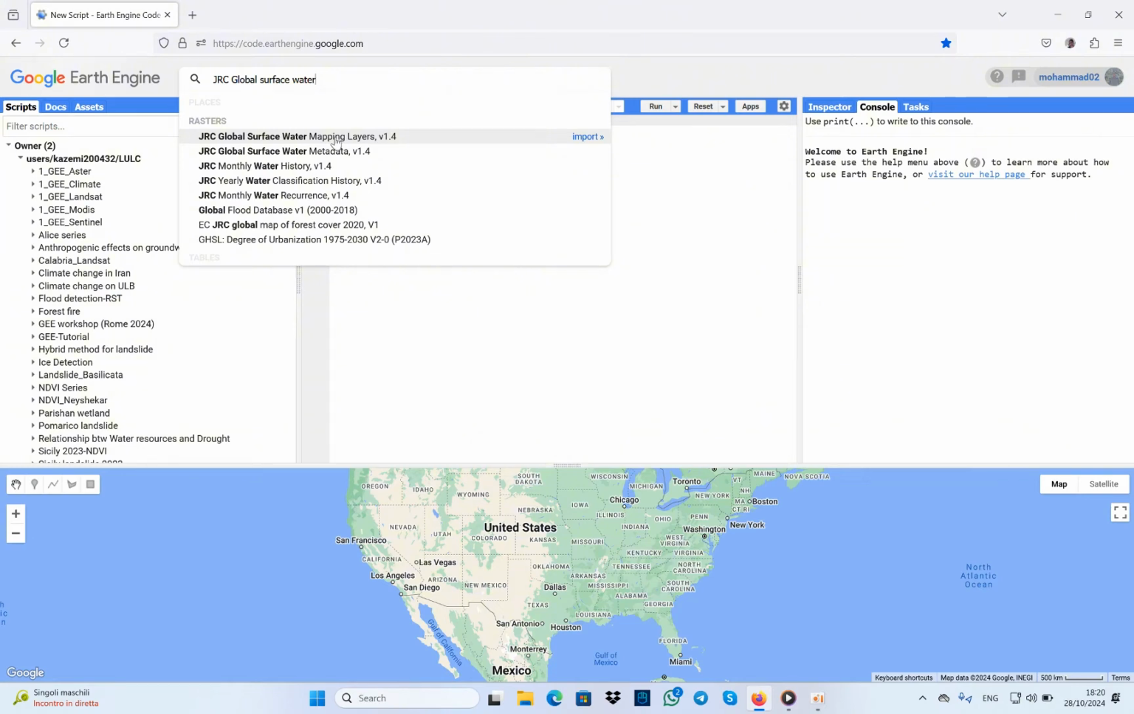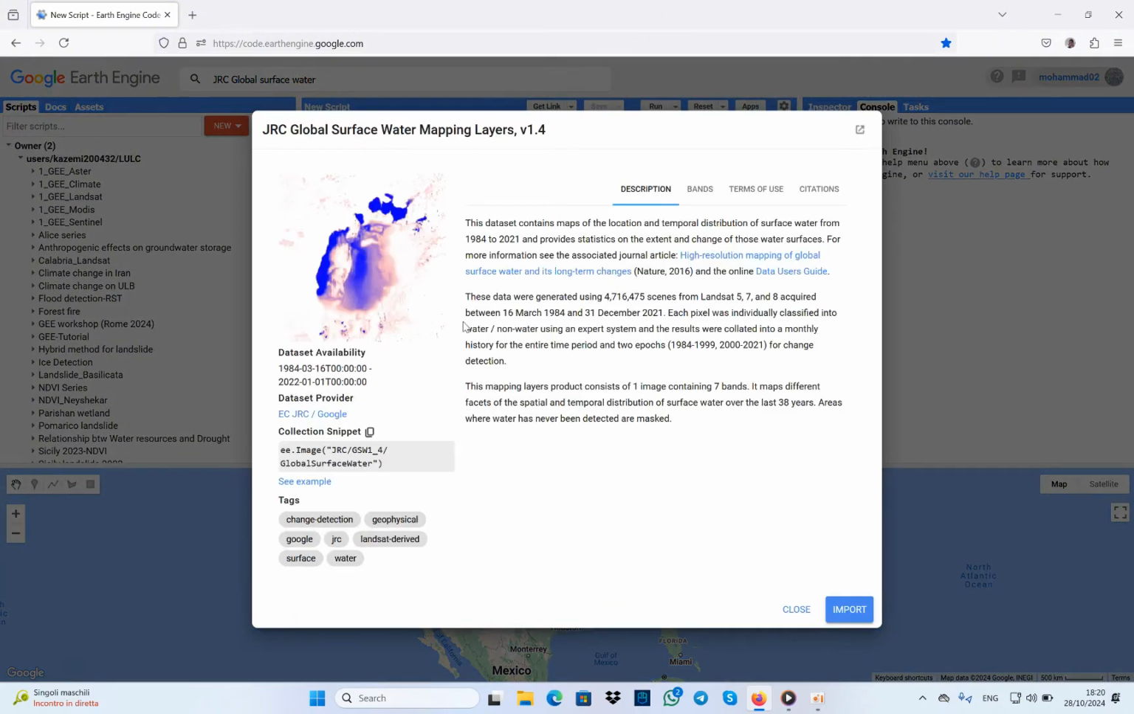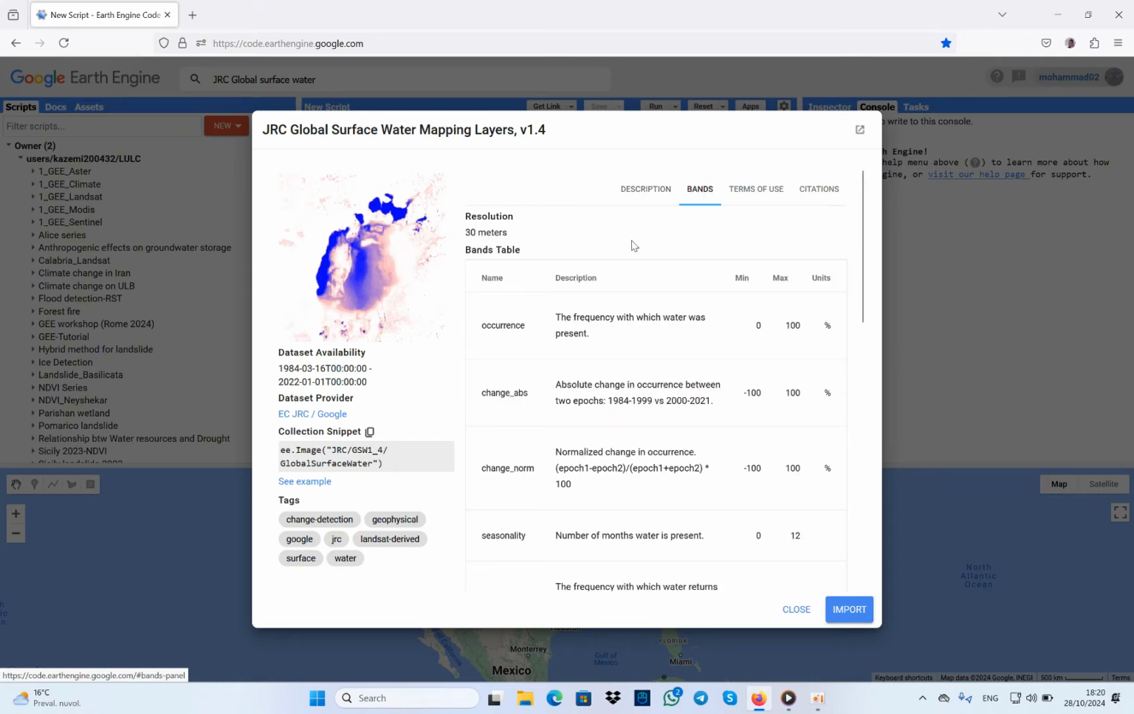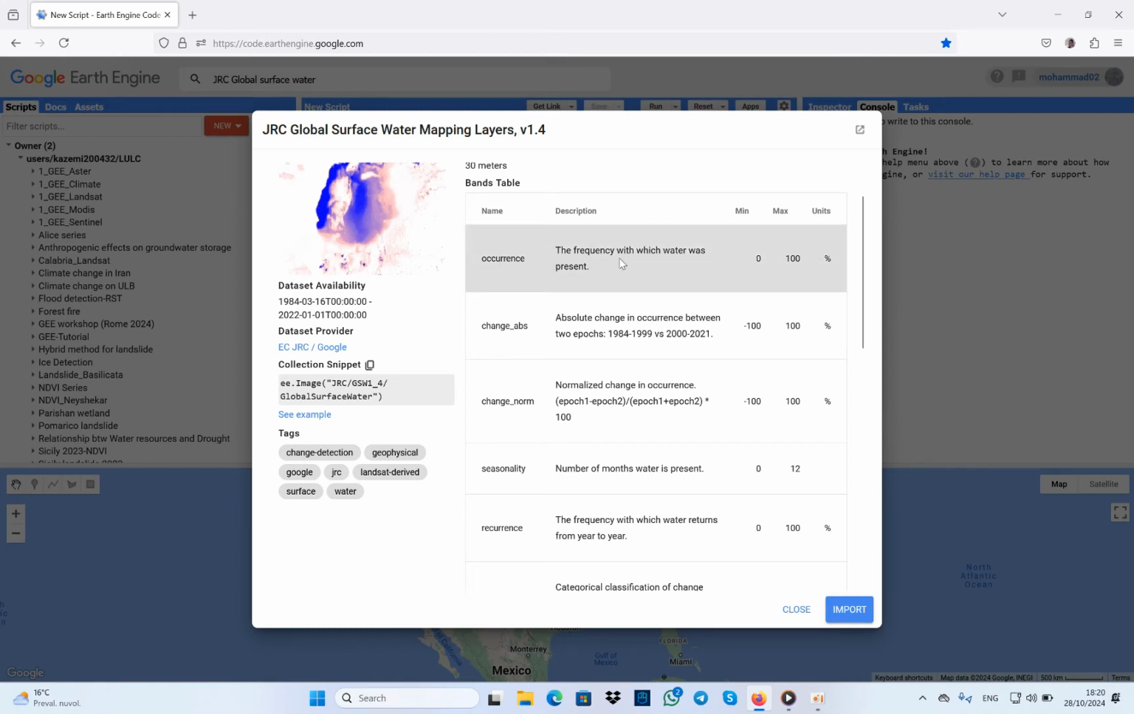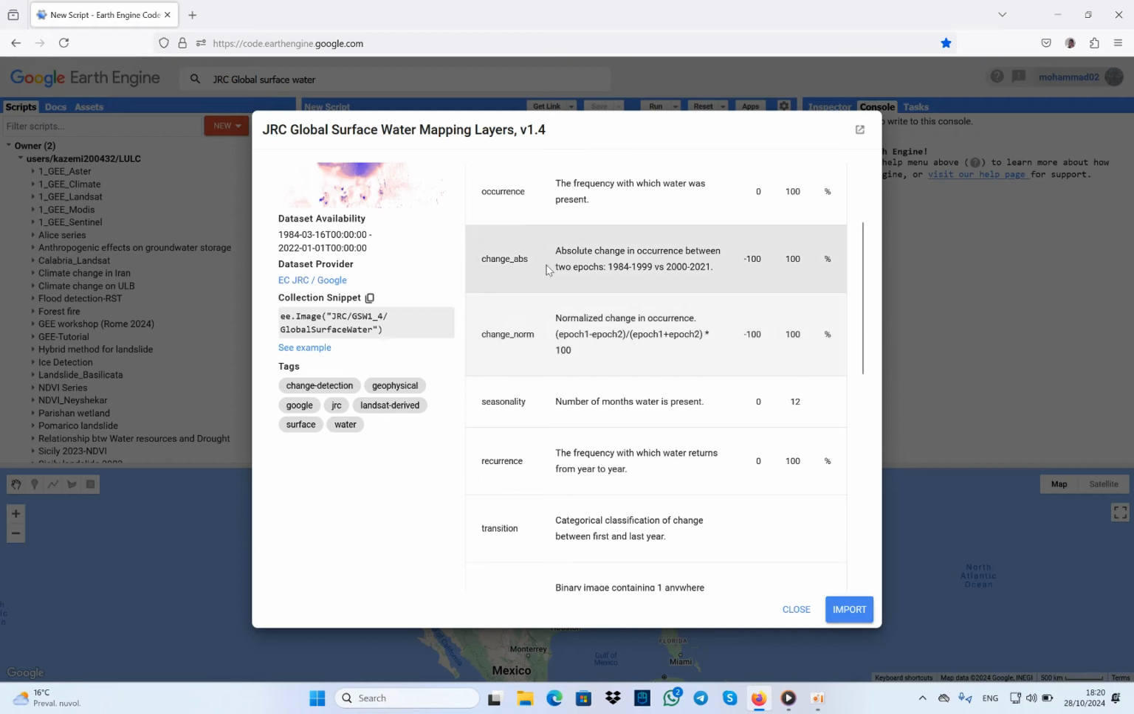For the first one, we are going to analyze this product. As you can see, all of them are available from the year 1984 with a spatial resolution of 30 meters, because they have been generated based on various Landsat series images, as you can see here. Here you can see various types of bands that they have, occurrence. You can see, and also their explanation, mean, maximum, unit, and also another band is